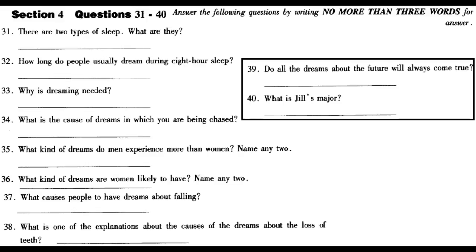Do you know how long people usually dream during 8-hour sleep? For about 1.5 hours on average, so we need active sleep because dreaming helps us to rest our minds. I see. All people experience dream cycles. Can you remember dreams? What did you dream last night? Oh yes, it was terrible. I dreamed that I was chased by someone or something. I don't remember very well, so I was running all the time.